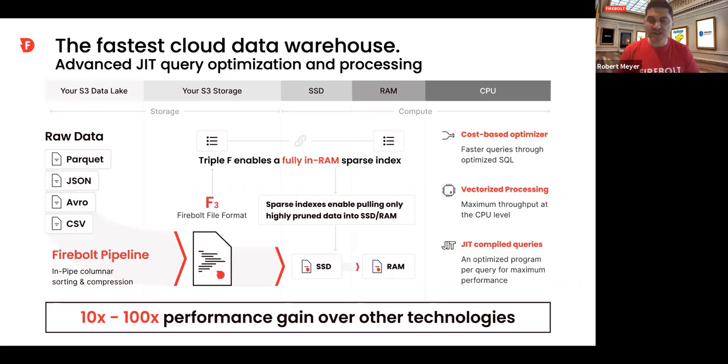Just-in-time compilation, meaning do your cost-based optimization, think about the ordering of the query based on how fast you can fetch the data, where the data is. Do you want to reorder, bring filters up before you run a full query? How do you want to optimize that? Firebolt will do the cost-based optimization and the JIT, the just-in-time compilation, before it runs, and that's important. And there are other optimizations that happen here that have been shown.